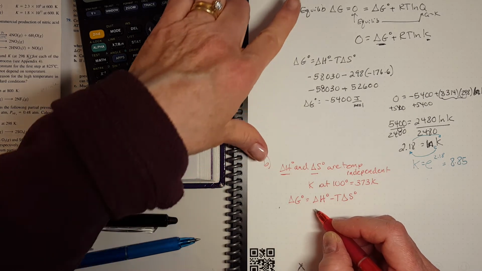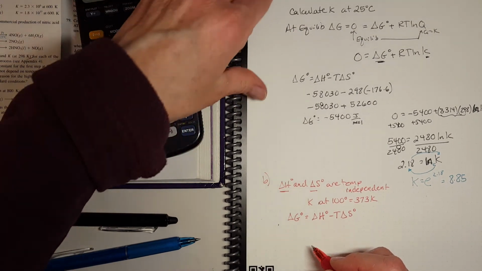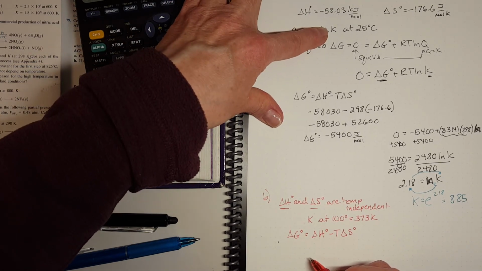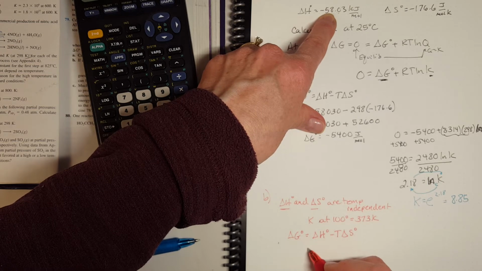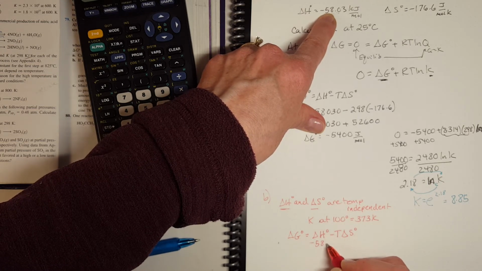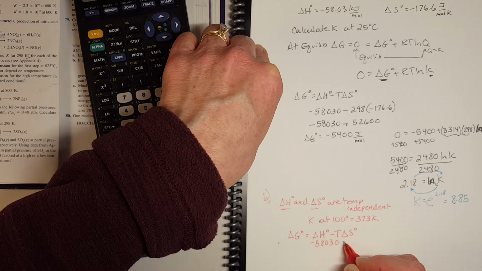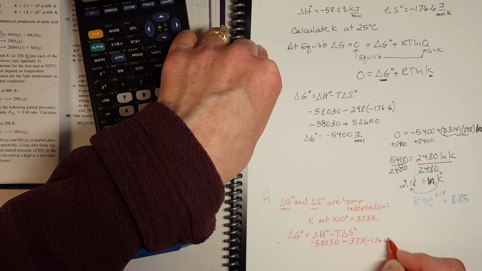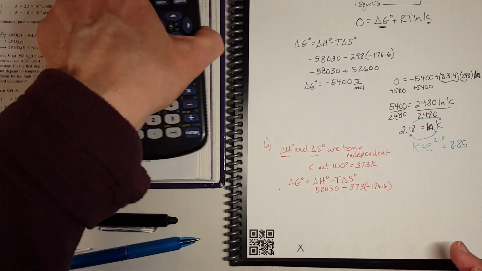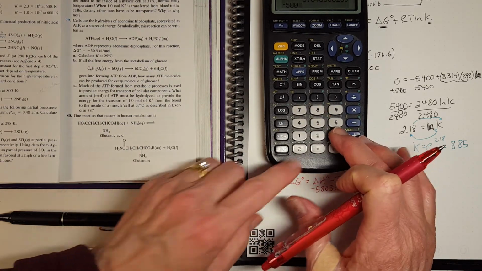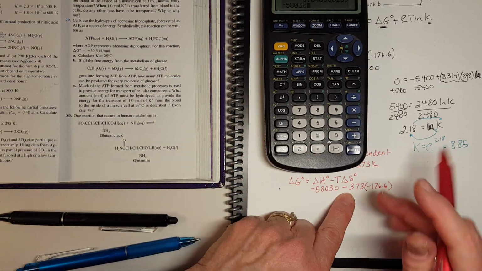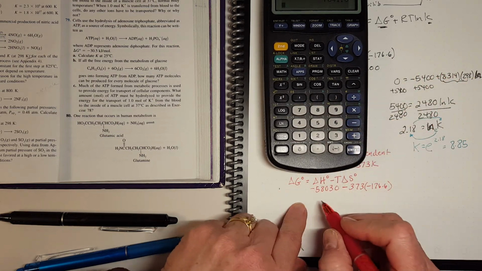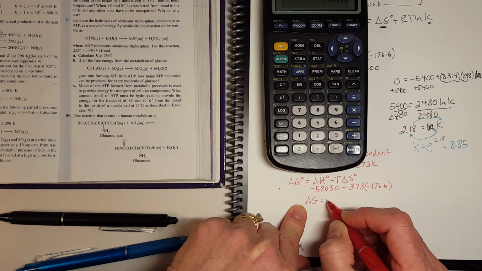So we're still going to put in the same numbers that were given in the earlier part, up here, 58.03. So we're going to put in negative 58,030 joules minus 373 times negative 176.6. Okay, so our delta G is different in this problem. So we have negative 58,030, and then a minus times a minus is a plus, 373 times 176.6. And we get delta G is equal to positive